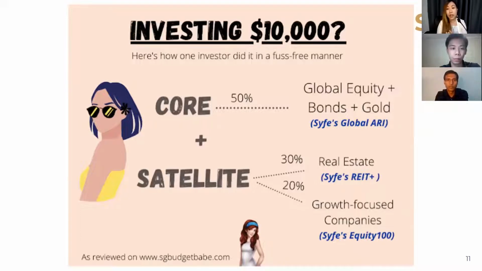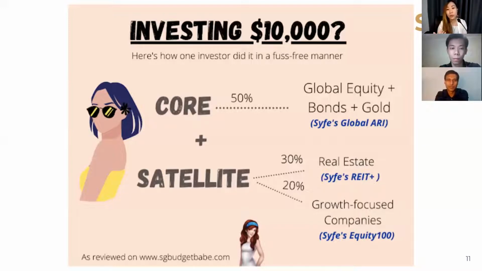This answer also addresses another question raised, someone asking what is a good percentage. It really is very personalized, because if you have 2 satellites versus 5 or 10 satellites, your percentages are going to look very different. But I'll use a simplified version of 1 core and 2 satellites to illustrate. Going with 2 satellites, real estate and growth-focused companies, because growth can go on to be huge multi-baggers. Real estate is not going to have that same kind of potential. It'll go up, but not with multi-bagger potential.